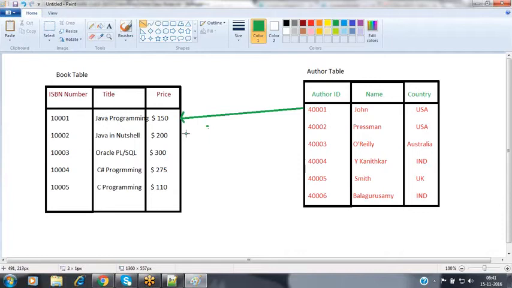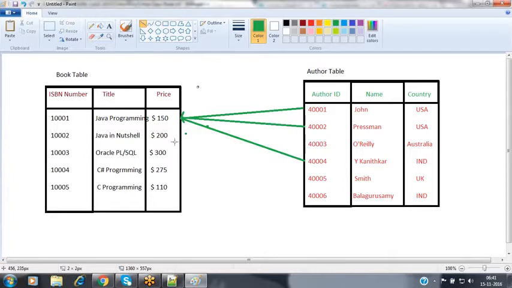John has participated while preparing this Java programming book. Not only John, we are having Yashwant Kanitkar, who also participated. And along with Yashwant Kanitkar, Pressman also participated. Nothing but 3 authors are there for this book, Java programming.